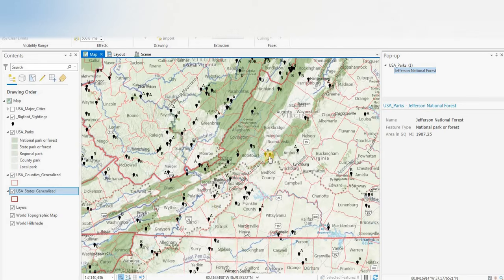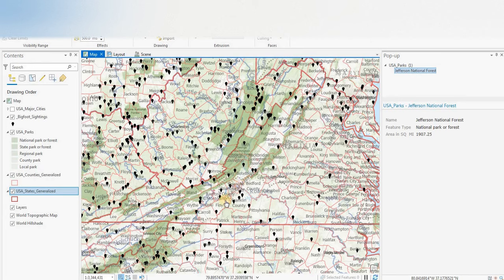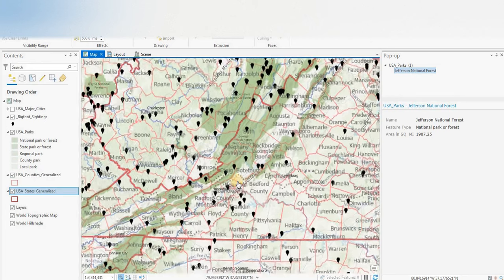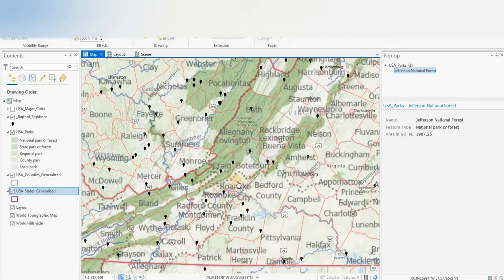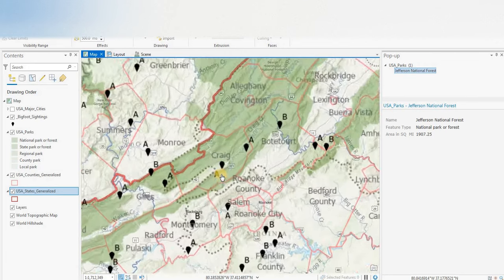So we're going to focus in on the southwest portion of Virginia. This might be in several parts, this video, so if this is the first part, look for the second part or the third part. And we'll be flipping back and forth between the Bigfoot Research Organization website, the bfro.net website, that has more detail on these sightings. So we're going to zoom in,